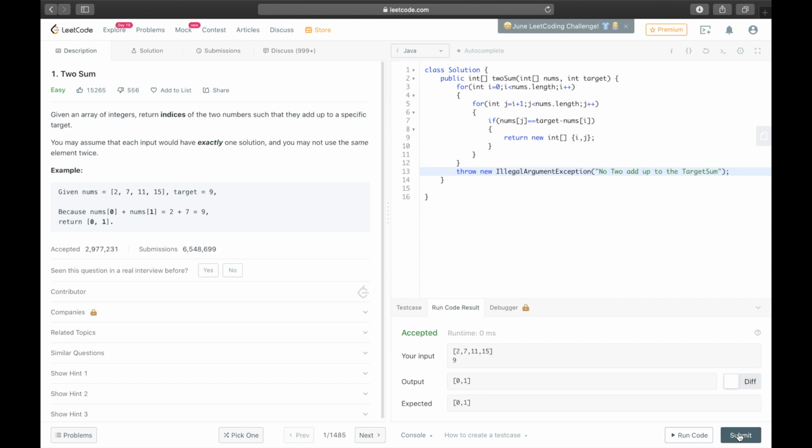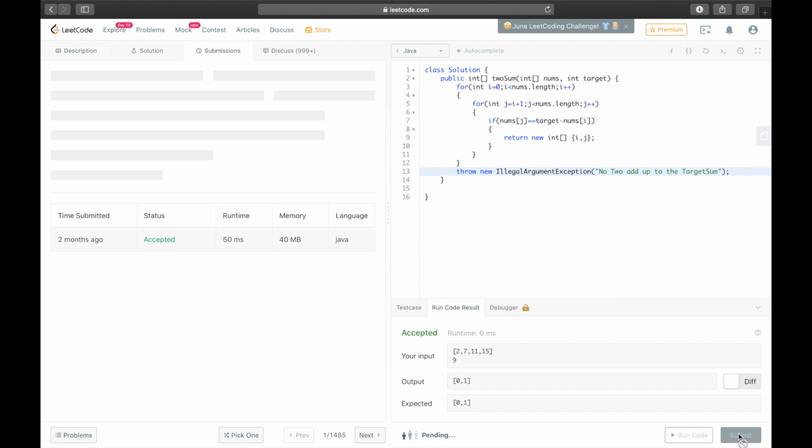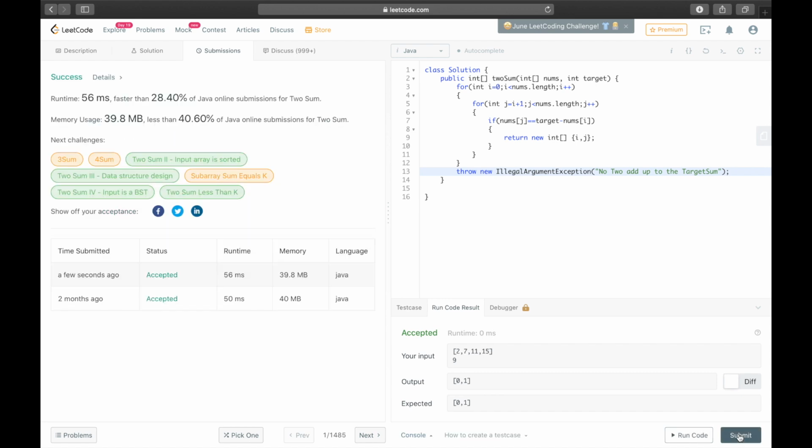Let's submit this code and check how much time it took. It took around 56 milliseconds to run this code.